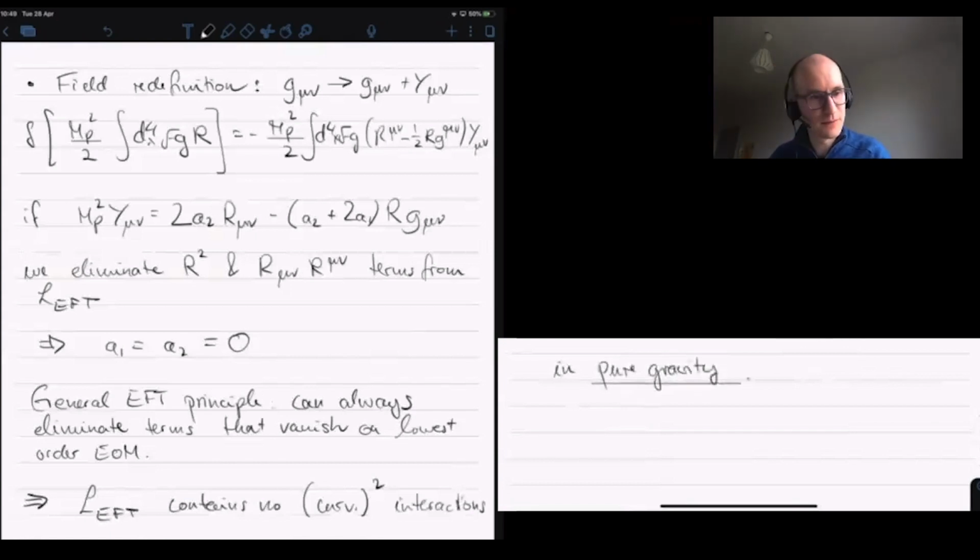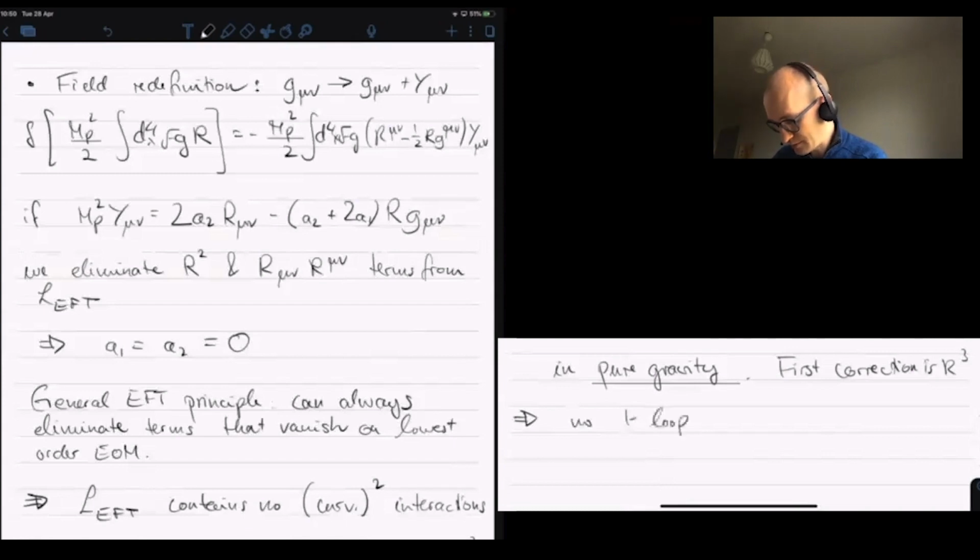So this means that the first correction is order R cubed, and this has the important implication that you also cannot write down a physical counterterm at order R squared, which means there can't be divergences at order R squared, which actually means that no